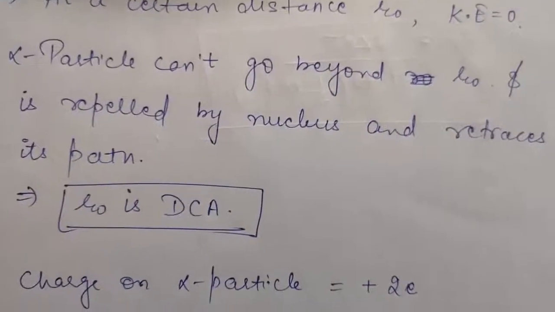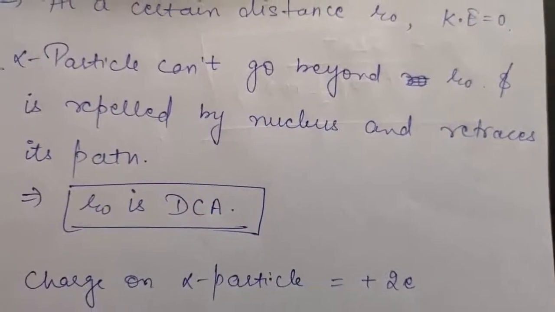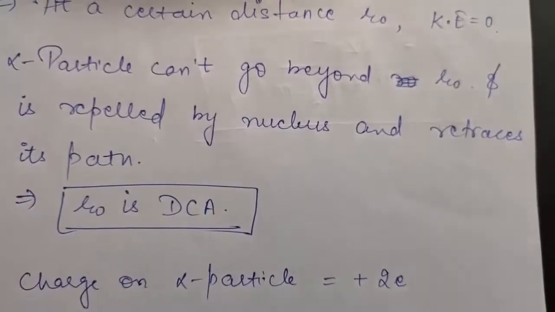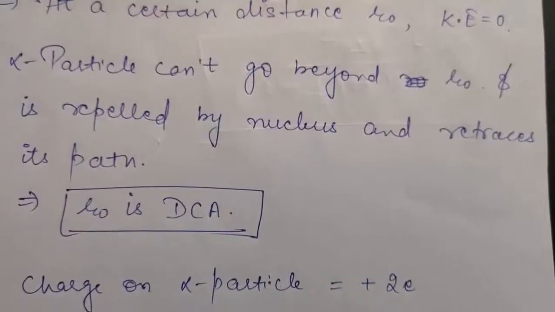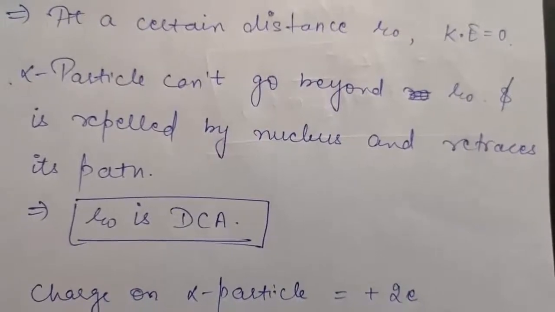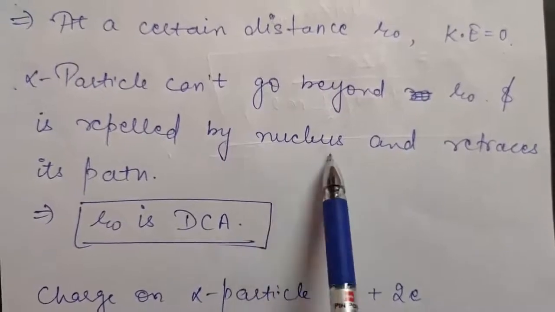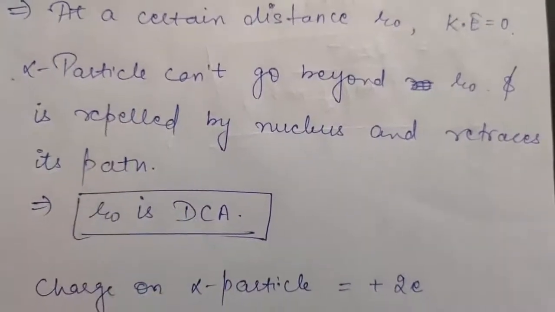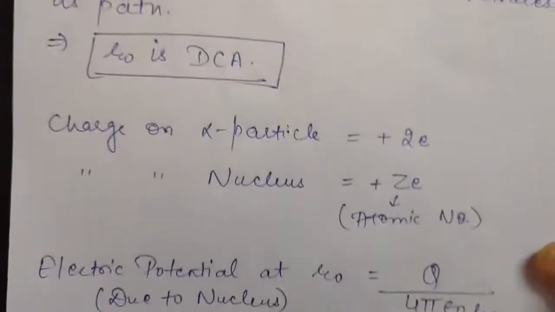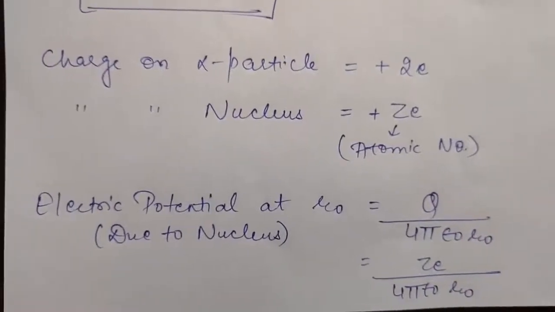Now you will ask, when there is no contact between the nucleus and alpha particle, how can we say a collision is taking place? If you remember from your 11th class syllabus, this is a property of collision, that no physical contact is required between two bodies for a collision to take place. This is an example of that, that without any physical contact, the nucleus and alpha particle are still undergoing an elastic collision. So based on all these assumptions, let us calculate an expression for r0, that is, the distance of closest approach.